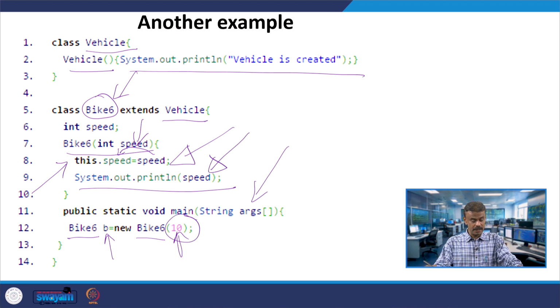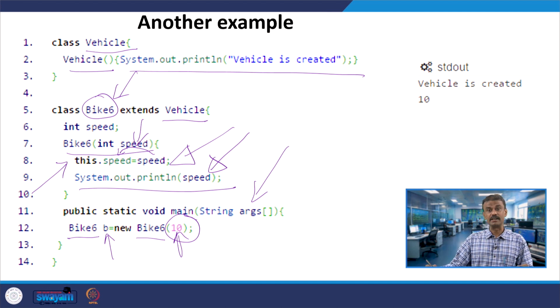When I run the code, you get the output "Vehicle is created", because when you are creating object B, it is assumed that you have the super constructor, which will be called. Therefore "Vehicle is created" will be printed, and since you are passing 10, 10 will be printed.